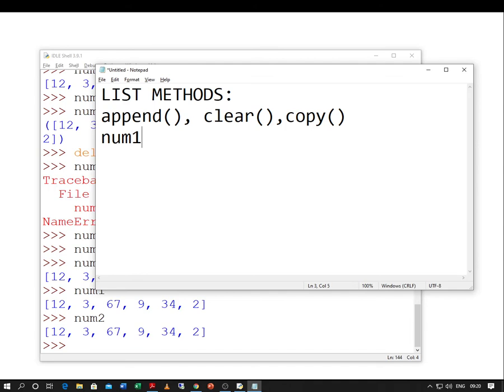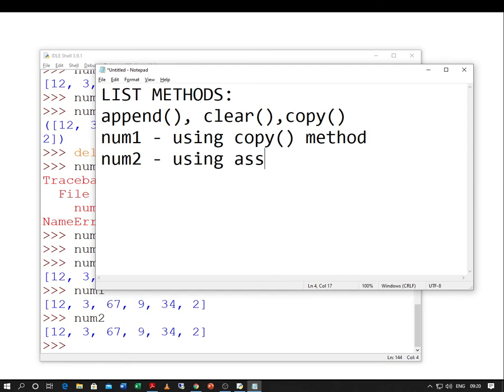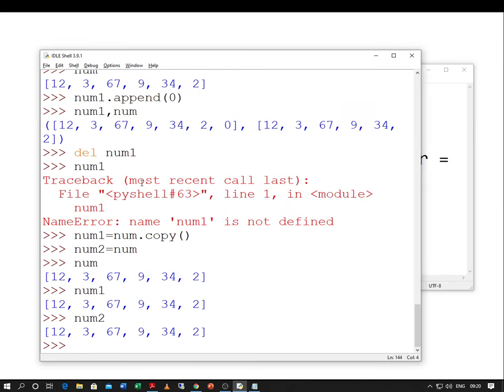Num1 is created using the copy method, and num2 using the assignment operator equals. So what is the difference? There is a difference. Let us see practically, then I will go back to the theoretical concept.